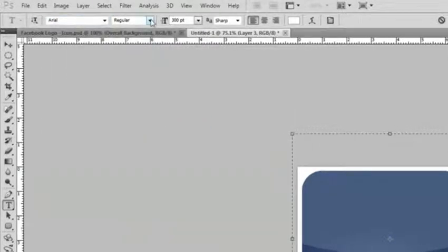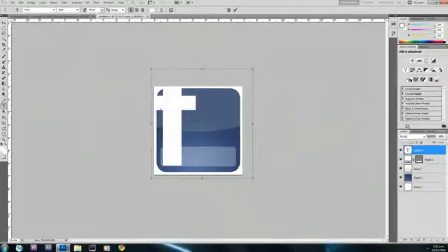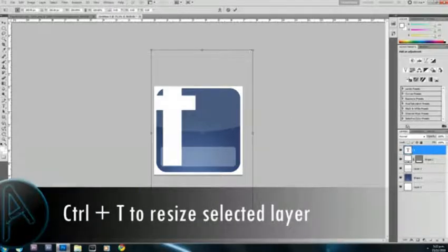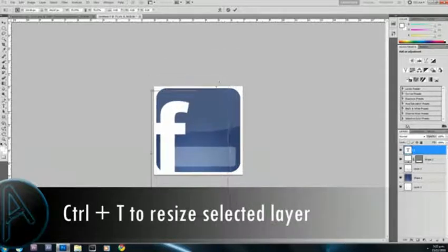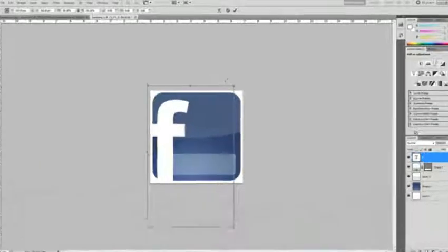And then I'm going to press F on my keyboard, and that's just going to give me the text, and select my move tool here. With the layer selected, I'm just going to hold down Control and press T so I can resize this easily. Hold down Shift to keep the same aspect ratio, and when you're done with that, just hit the check button,